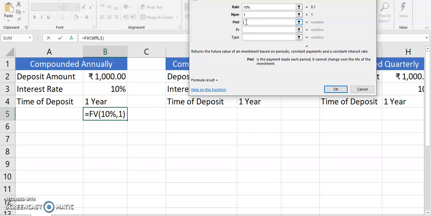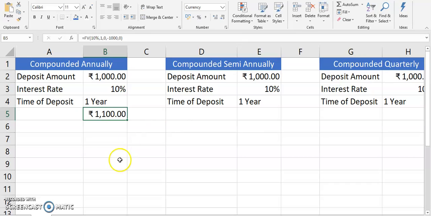So I can just leave it blank or 0 because in my example there is a single cash flow of 1000. So I will just write 0, or I can leave it blank also. Present value, which is the initial outflow 1000, since it's the outflow, I will place minus sign before 1000. Now the type, 0 type represents that the payment is made at the end of the period. Type 1 says that the payment is made at the beginning of the period. So we select type 0, that the payment is made at the end of the period. Okay. And the future value